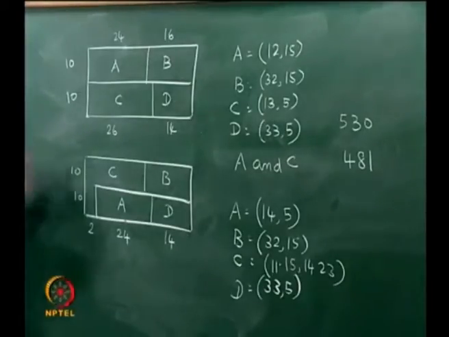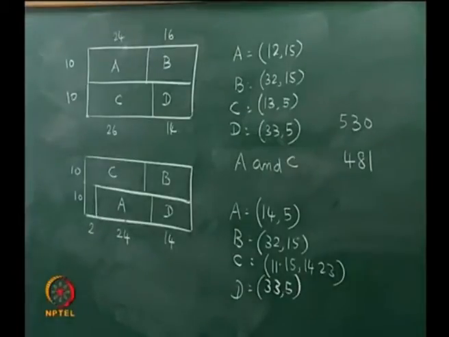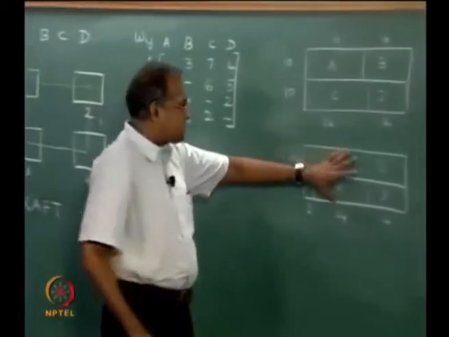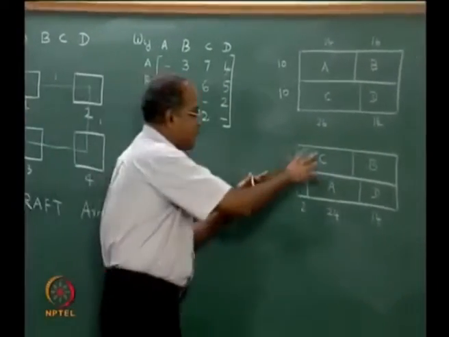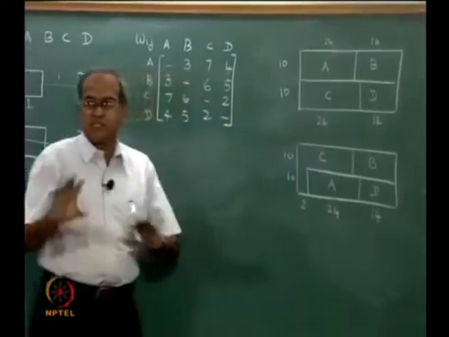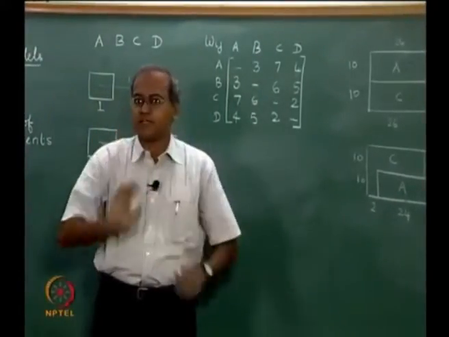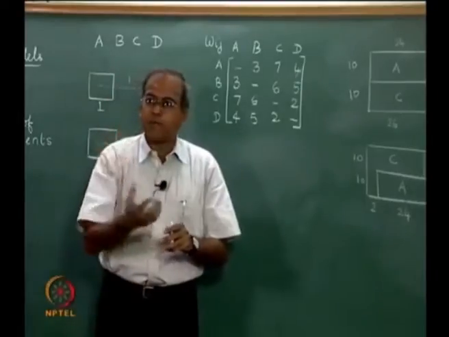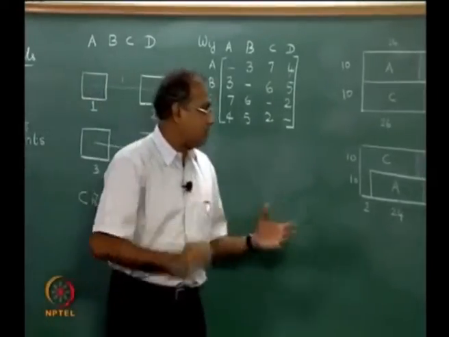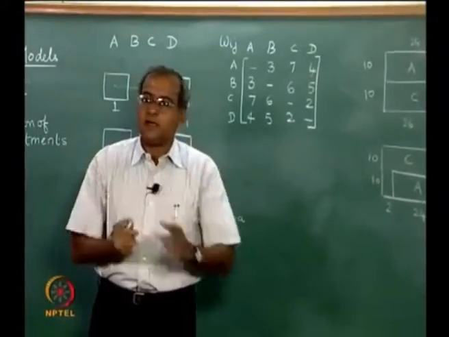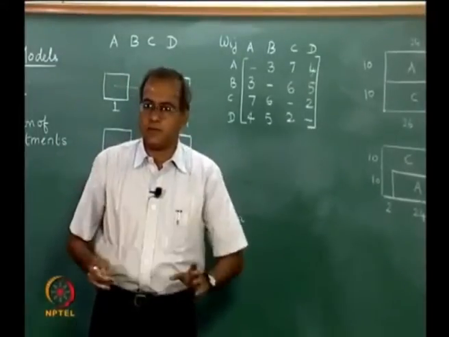Now the algorithm would terminate with this kind of a layout, but then we also realize that having this kind of a layout is a little cumbersome because C does not have a shape which is completely rectangular. Now C has a different kind of a shape. Now for all purposes of control, it is actually good to have all A, B, C, D having rectangular shapes and rectangle closer to a square.